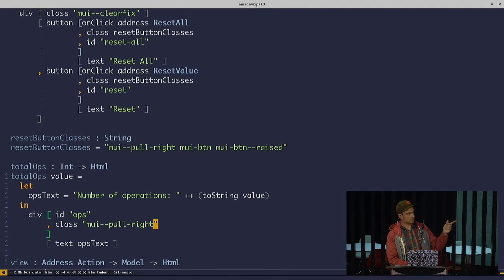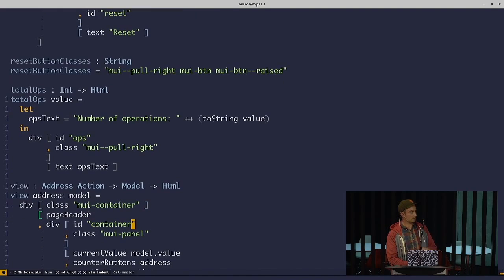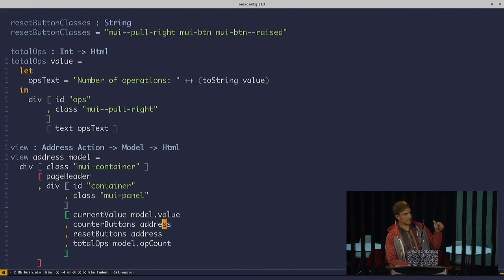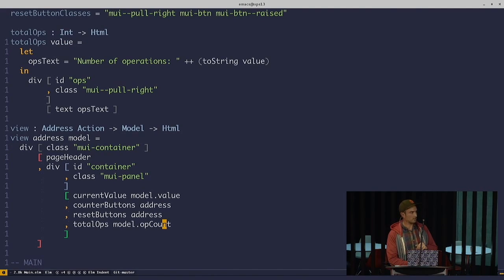This is a function that just tells us the total number of operations. And then this is our actual view function, and everything else above that just gets used in here. So we've got a div, give it a class, page header, and then we're going to list the current value, some buttons to count up and down, some buttons to reset, and we're going to spit out the total operations